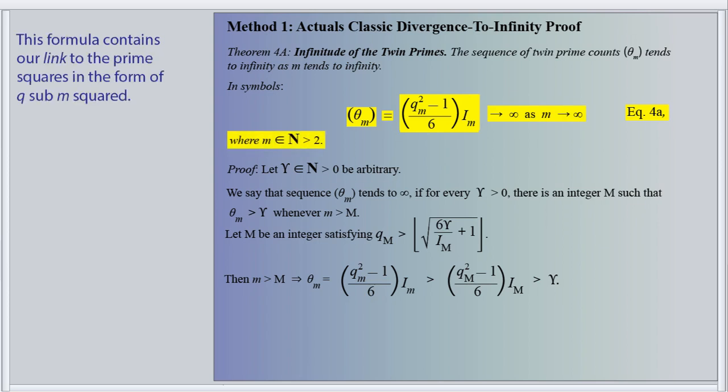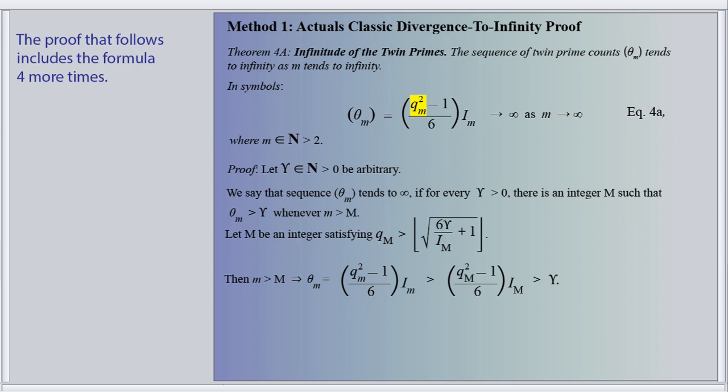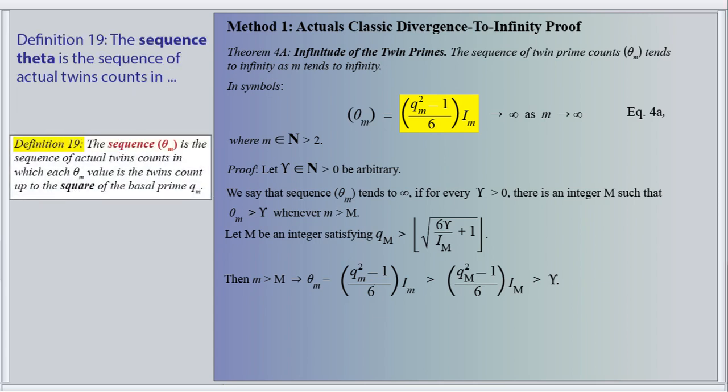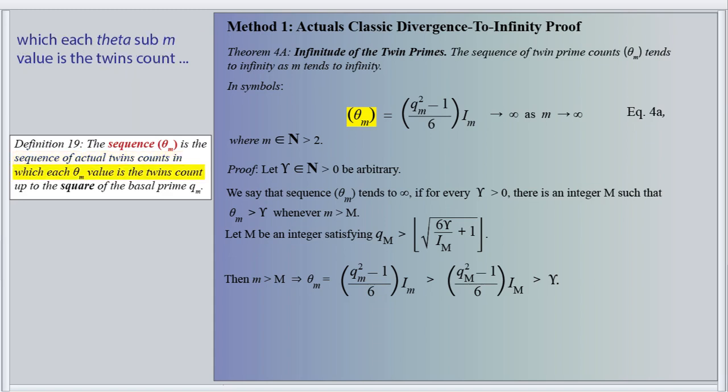This formula contains our link to the prime squares in the form of q sub m squared. The proof that follows includes the formula 4 more times. Rather than repeating the formula each time, when I come to it, I will simply refer to it as our formula. Definition 19. The sequence theta is the sequence of actual twins counts in which each theta sub m value